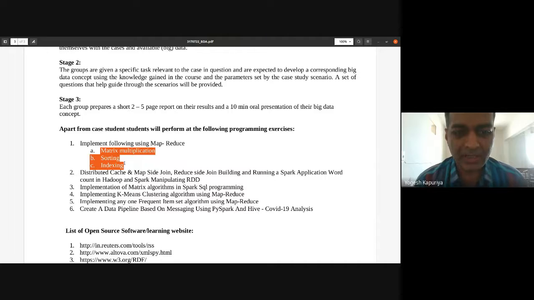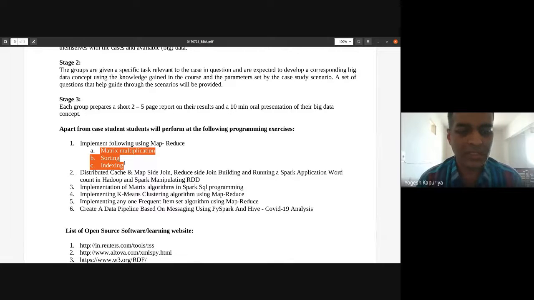Then implementation of matrix algorithms in Spark SQL programming, implementing k-means clustering using MapReduce, implementing frequent item set mining using MapReduce, and creating a streaming based application on messaging using PySpark and Hive with COVID-19 analysis.